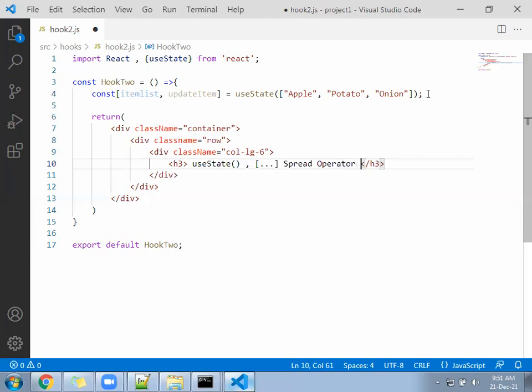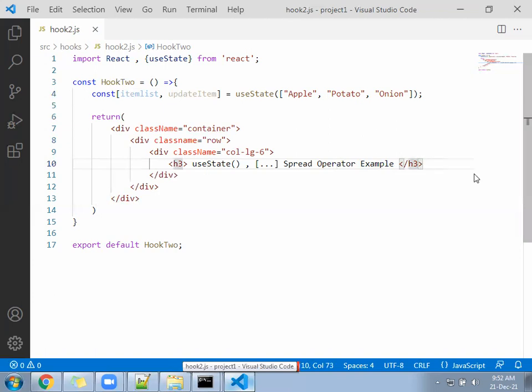Spread operator example. Clear? Spread operator. Now come down.